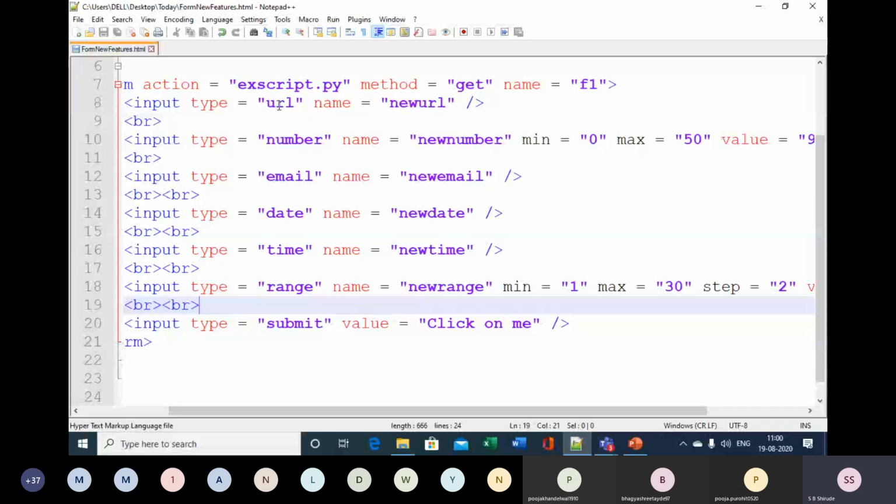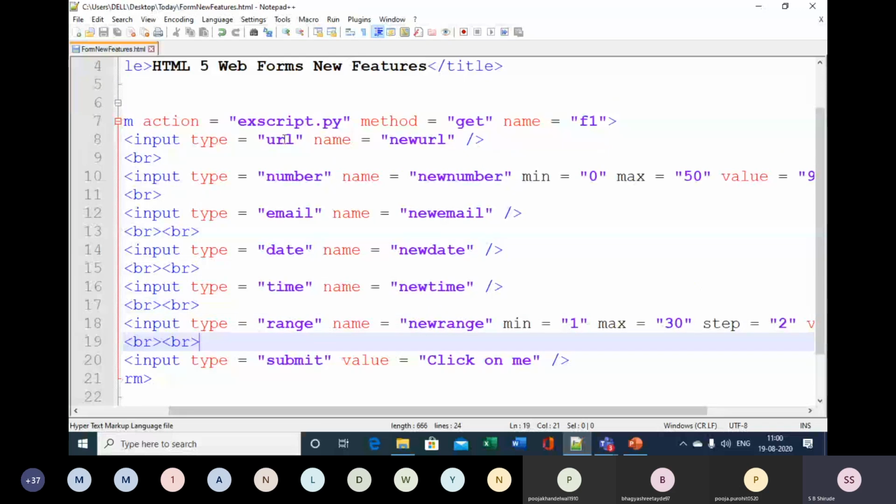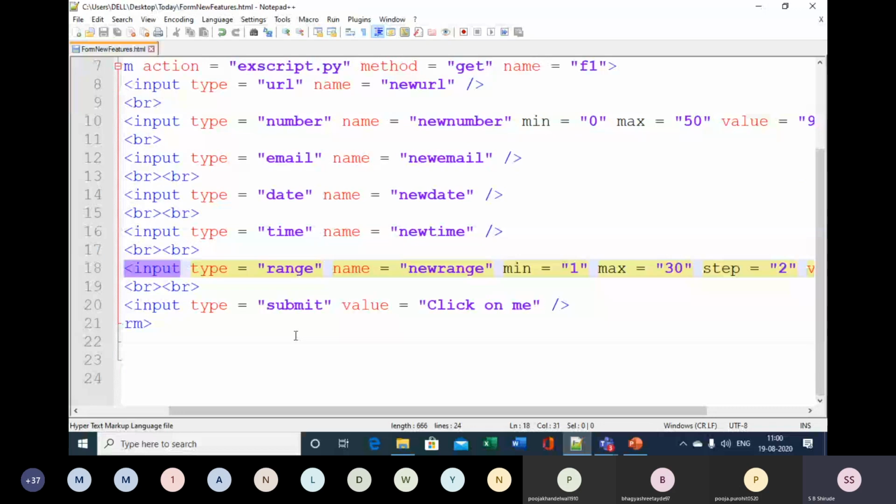Along with that, HTML5 is supporting some new features in the form of new attributes. Placeholder, autofocus, and required are the attributes that we can make use of in designing web pages, and they are very useful attributes.